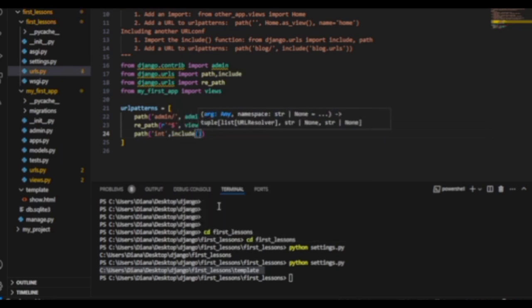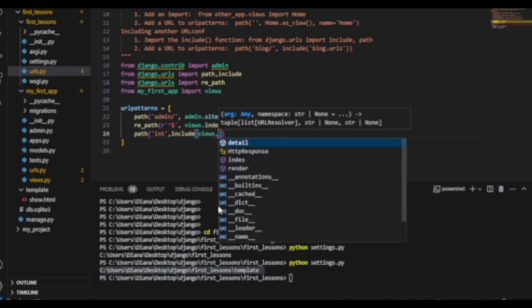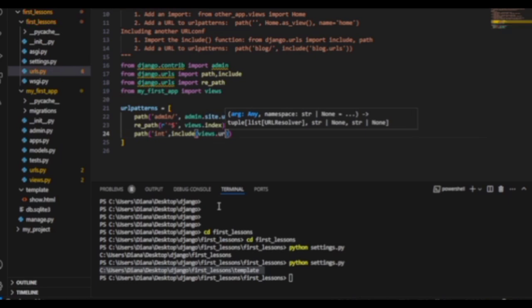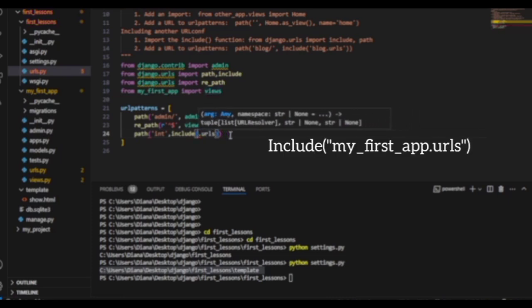So include what you want to include, the views dot urls here. This is what you want to include here. Sorry, we did the include in our first. We have imported our first up here before the include. So just like this, you can do the views dot urls, because okay, let's actually do the,